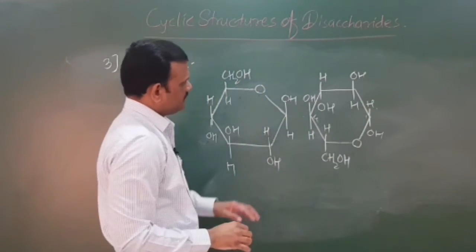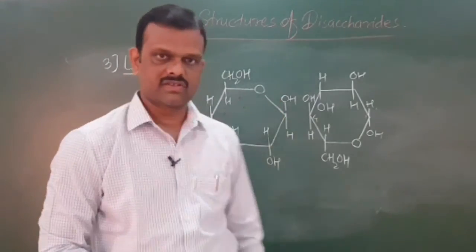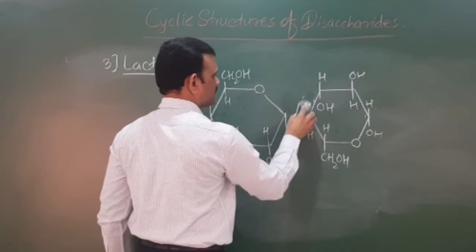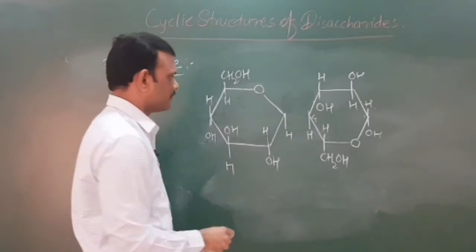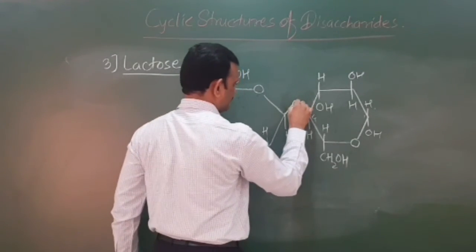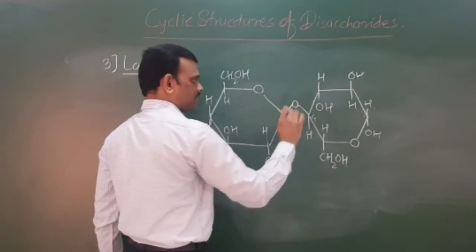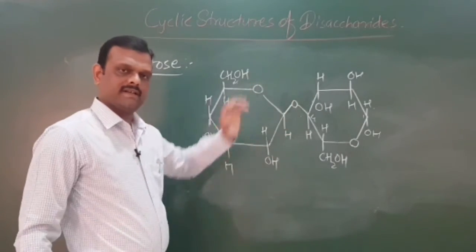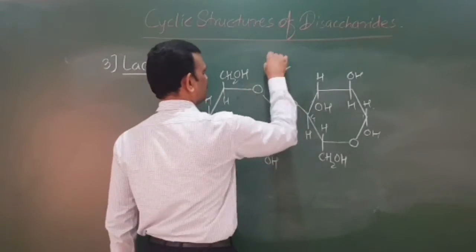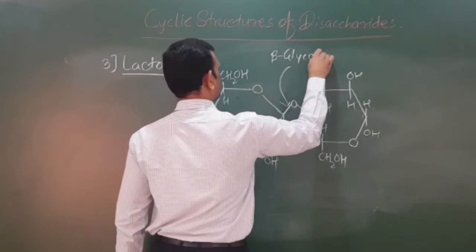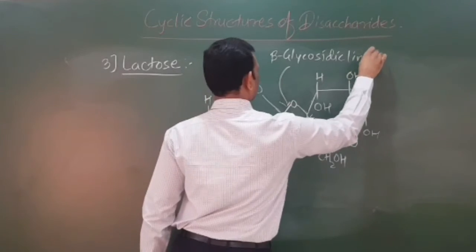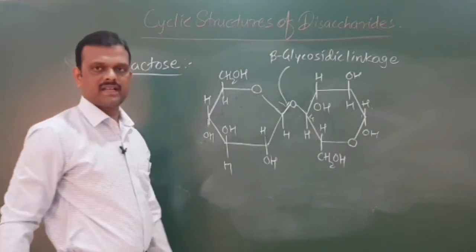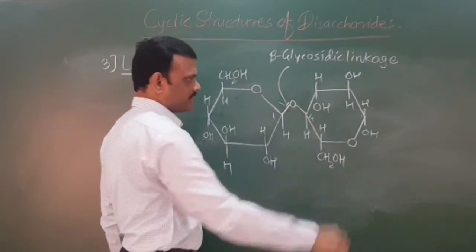Now what you have to do? You have to liberate one water molecule from this. That means you have to remove this OH of C1 and the OH of the other C4. They link to each other through a linkage like this. That means in maltose this oxygen is on the downward side, here it is on the upper side. This linkage again is called a beta glycosidic linkage. As it is present in the upper part, it is a beta form, therefore beta glycosidic linkage. This one is C1, this one is C4.